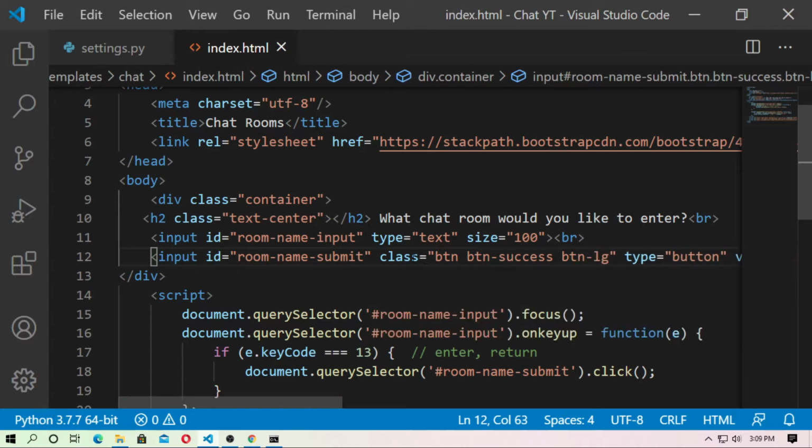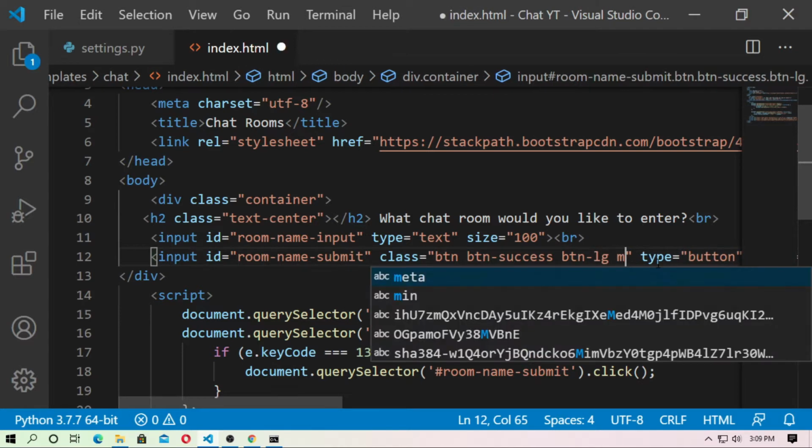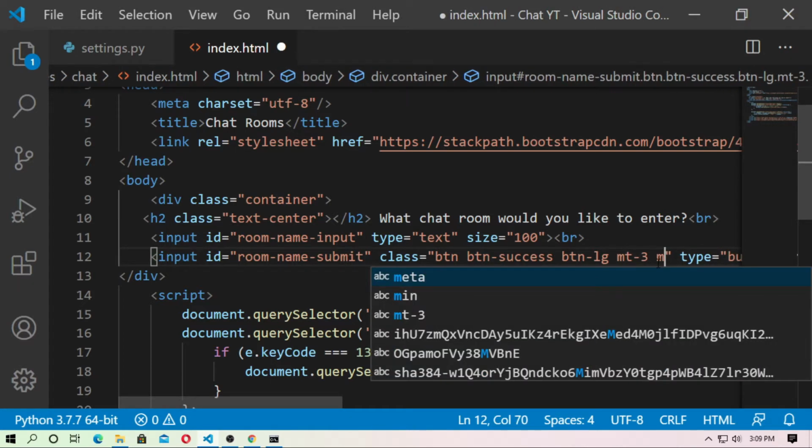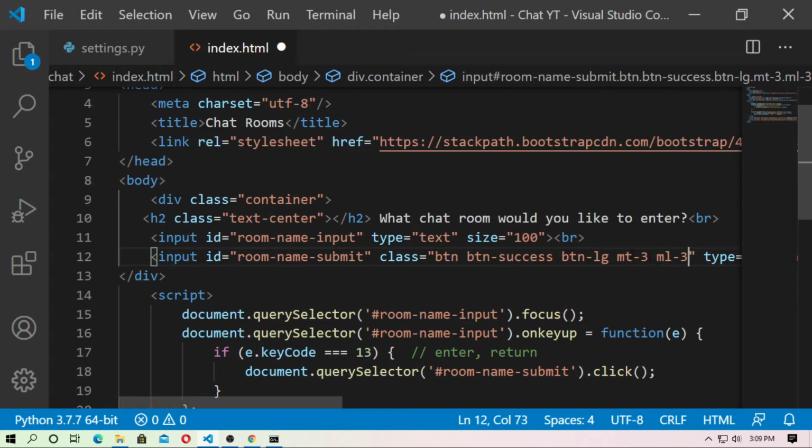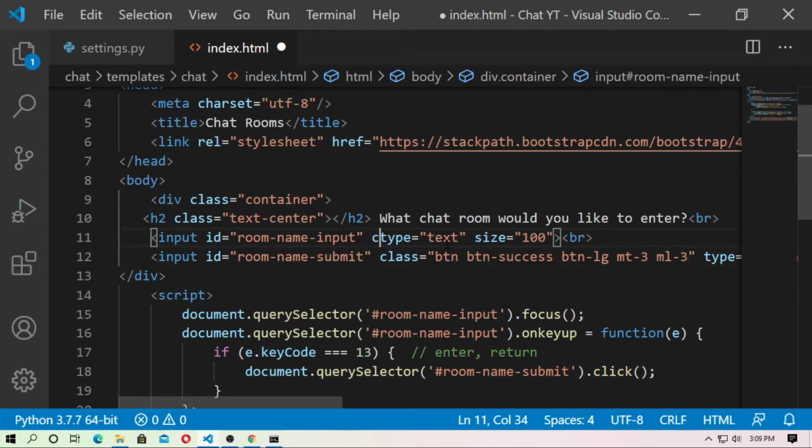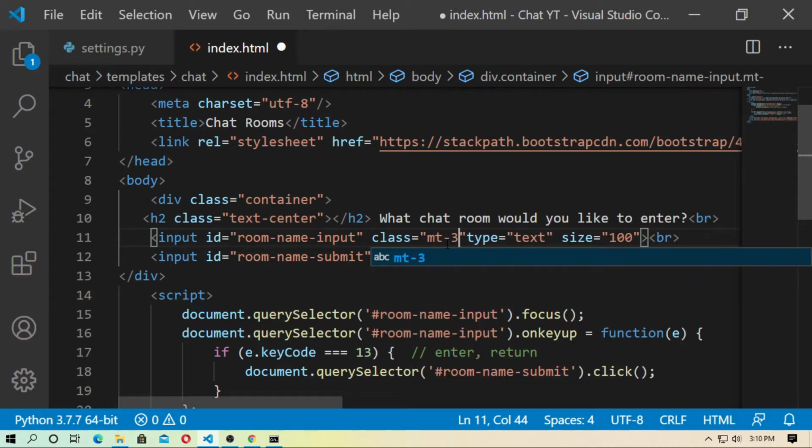Okay, and you can give margin top 3 and margin left 3. Okay, and here just add a class with margin top 3. So margin from top 3.